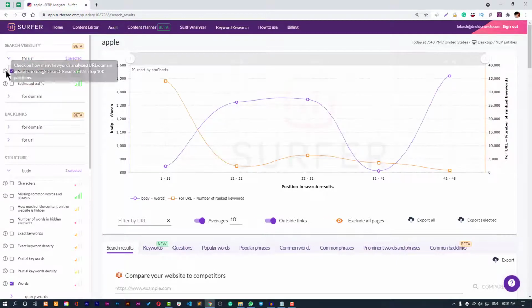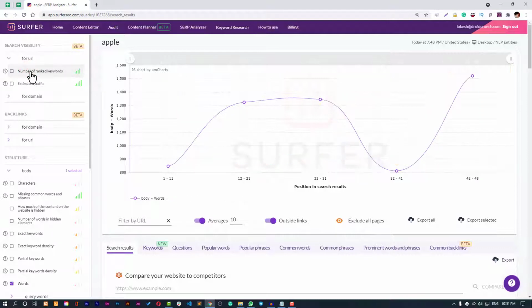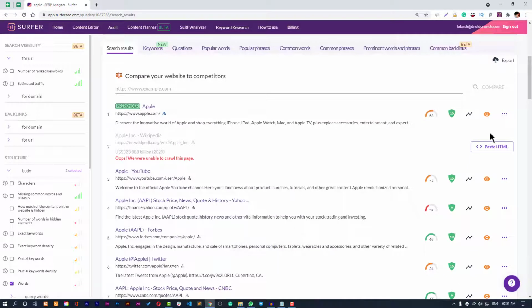If you enable this, it will show you right here the ranked keywords. For example, here you can see that there are only about 800 to 900 words, and they're ranking on the first to eleventh pages. But what if we exclude these?